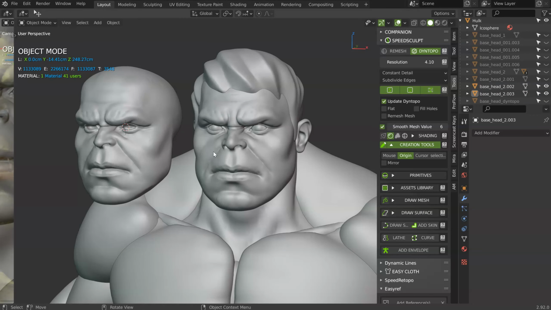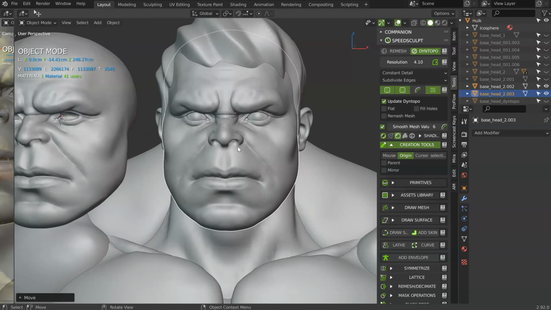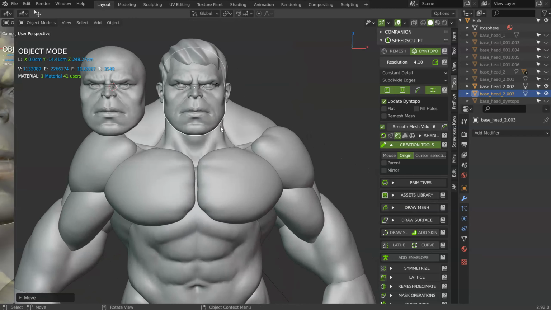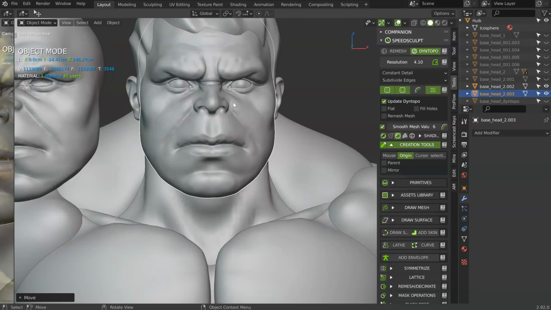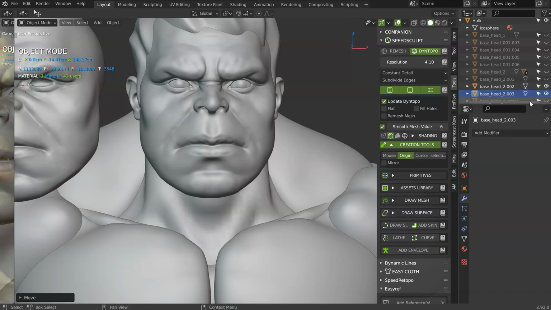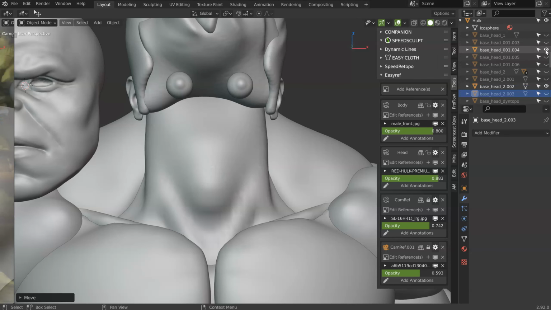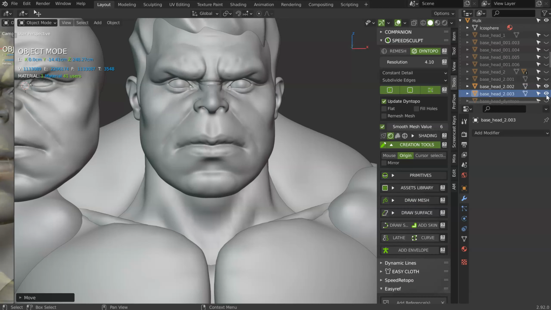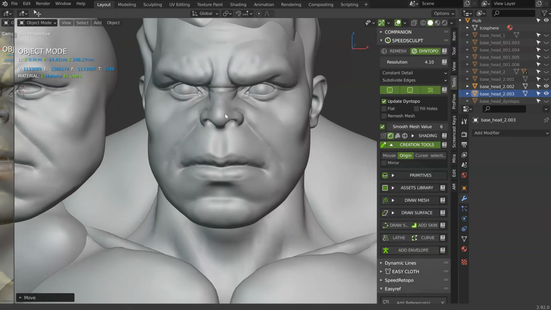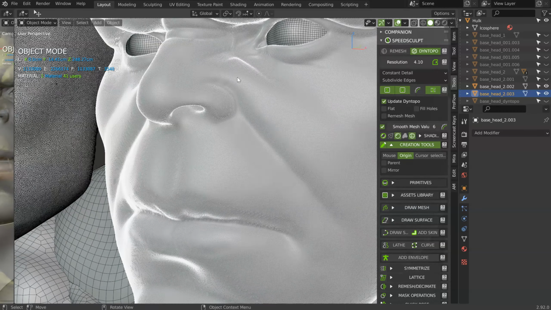So I forgot to restart my recording. I place the current head because I prefer this one at the center of my scene. I think this one we made today is better than the previous one. This is this one, and the previous one was this one. And on the new one, I prefer the eyes. And the other one was this one. I should remove some parts. So like I said, we will keep this one, and the setting is the same as I showed you previously.